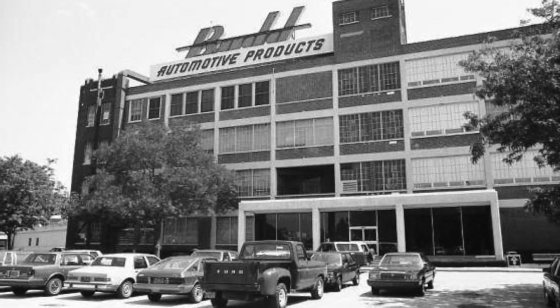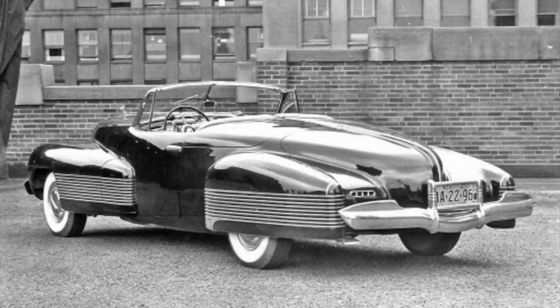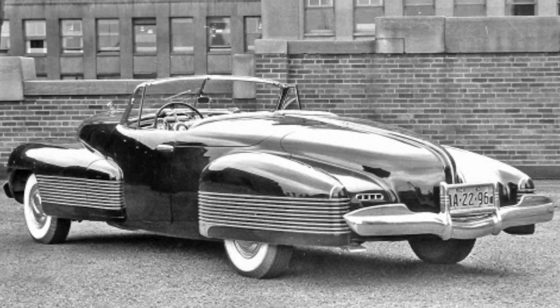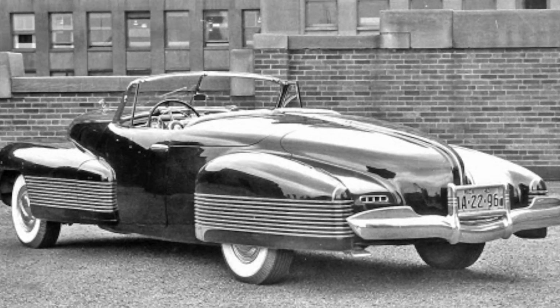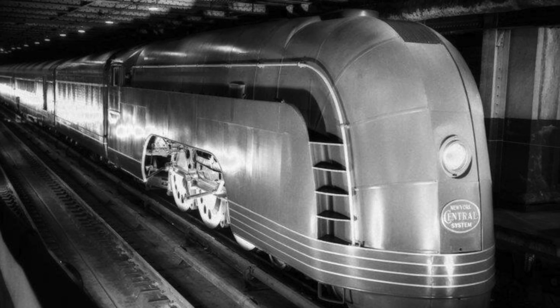With the automobile industry growing in the US, Budd saw a lot of success in their creation of lightweight car bodies, but at the time, the passenger rail industry was still approaching its peak. At the time, streamlining was all the rage with automobiles, and Budd's method of construction was perfect for this design of car body. Streamliner designs were also prevalent in the railroad industry as well, which is why in 1934, Budd